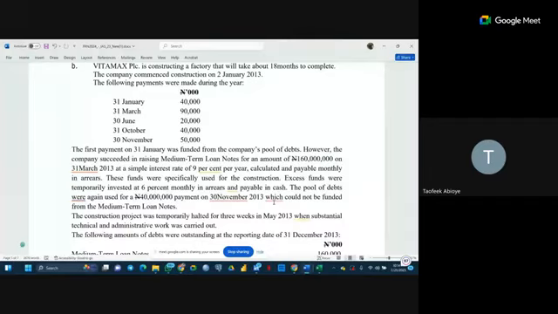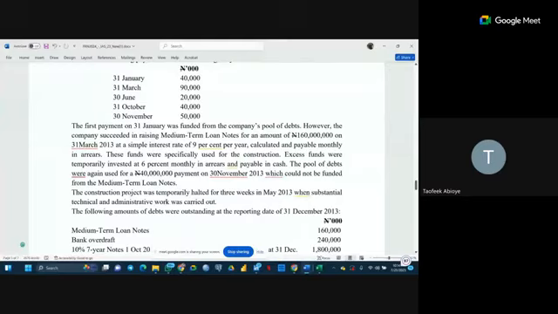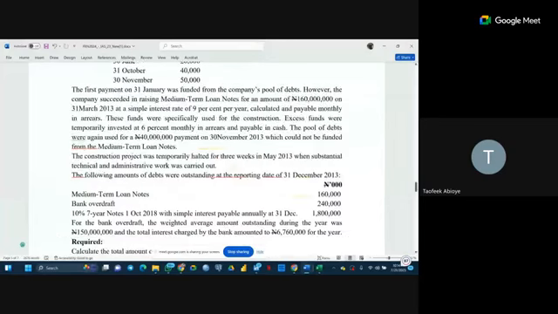However, the company succeeded in raising medium-term loan notes for an amount of 160 million on 31st of March 2013 at a simple interest rate of 9% per year, calculated and payable monthly in arrears. These funds were specifically used for the construction. Excess funds were temporarily invested at 6% monthly in arrears and payable in cash. The pool of debts was again used for a 40 million payment on 30 November 2013, which could not be funded from the medium-term note. The construction project was temporarily halted for 3 weeks in May 2013 when substantial technical and administrative work was carried out. The following amount of debt